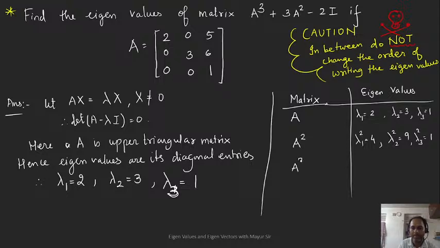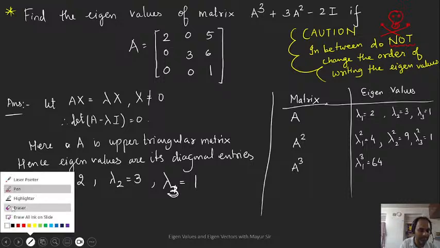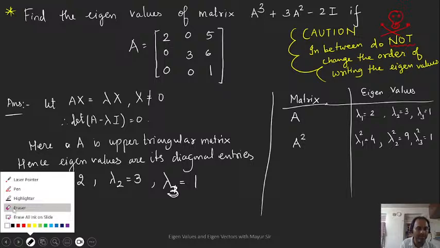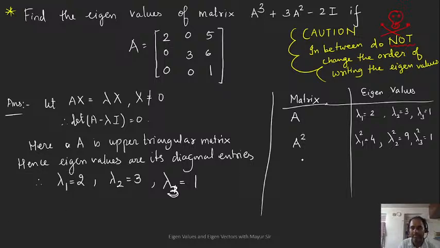Now A cube is lambda 1 cube is 64, or we first write here, before going to A cube, we will first find eigenvalues for 3A square. Okay, 3A square eigenvalues are going to be 3,